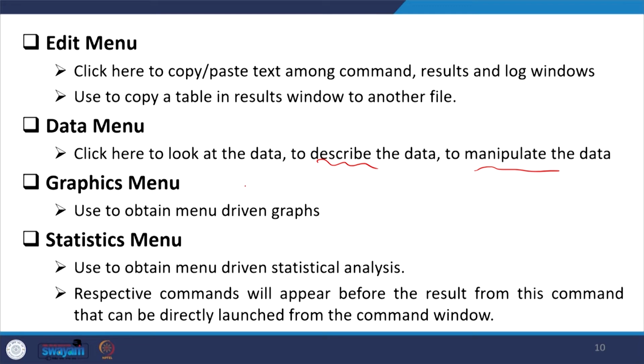Statistics menu, similarly, is useful for menu-driven statistical analysis. Respective commands will appear before the result from this command, and that can be directly launched from the command window as well. So, from the command window we can get the statistics. Coming to the user menu,